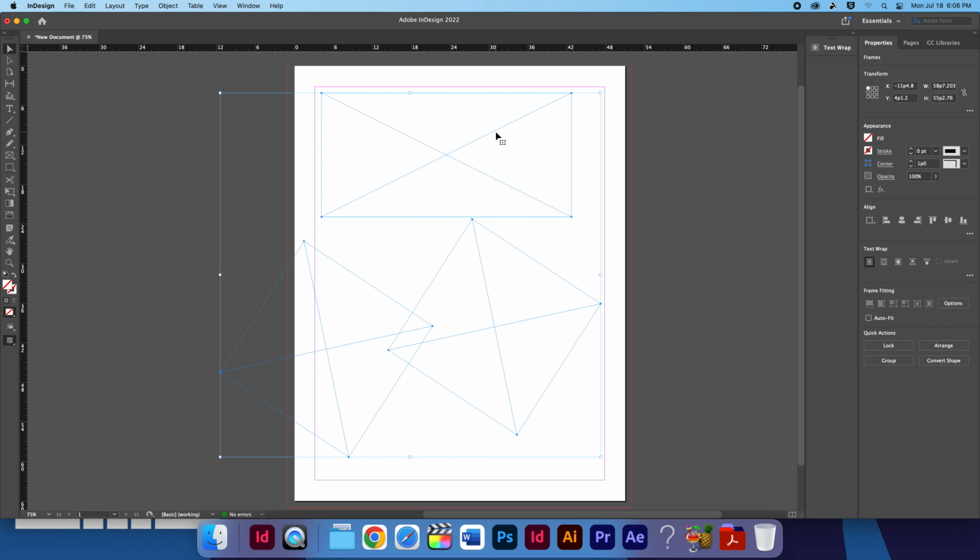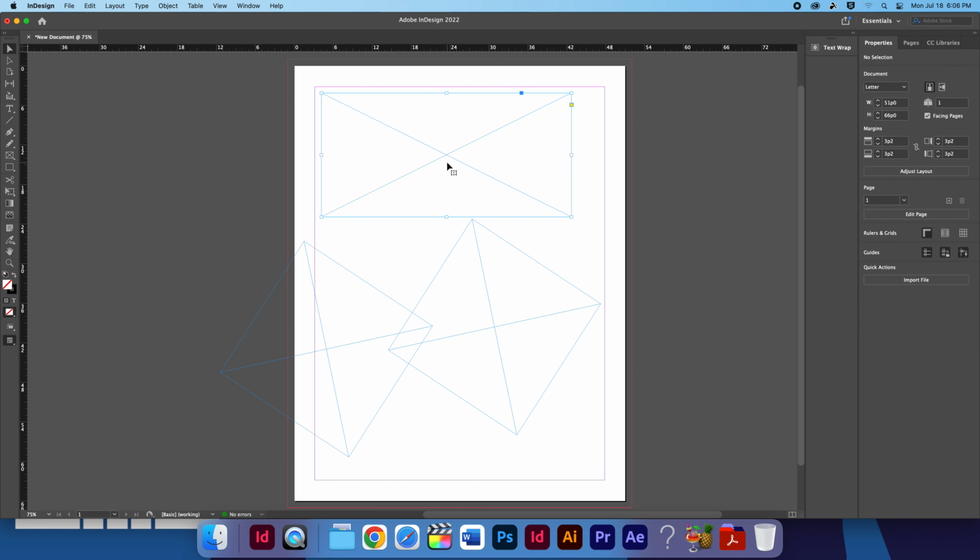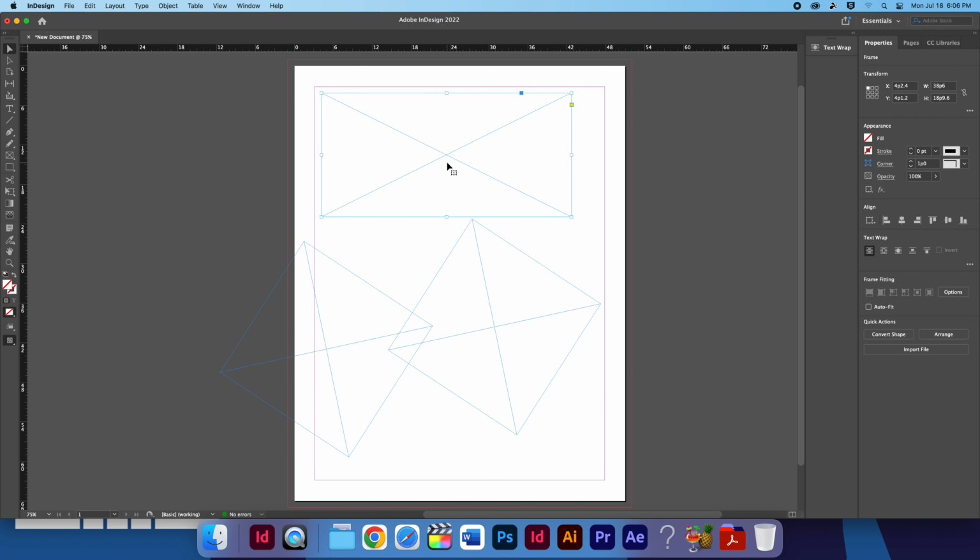If you want to adjust any other frame settings, select the desired frame, and specific options will show up underneath the Properties window. You can adjust the fill color, the stroke color and size, which is basically the border of the frame. You can also align the frame right here, or even set text wrap settings regarding how text will react to the frame. Those are some basics of creating and modifying